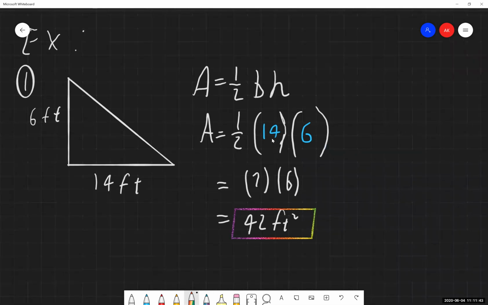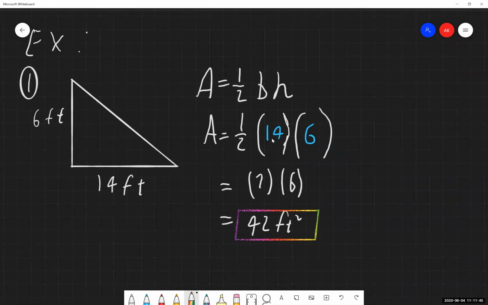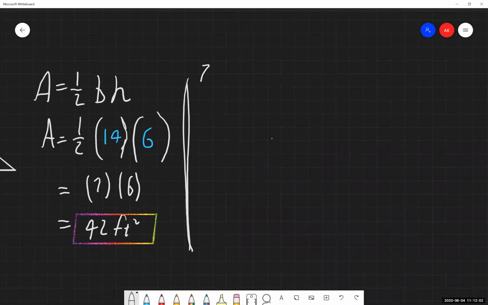Okay. Again, I don't think the math that we're doing is particularly challenging compared to the other stuff that we've done throughout the quarter. But as long as you have the correct equation, the correct setup for yourself, essentially, you'll be doing just fine with these problems. So we'll take a look at our second triangle.